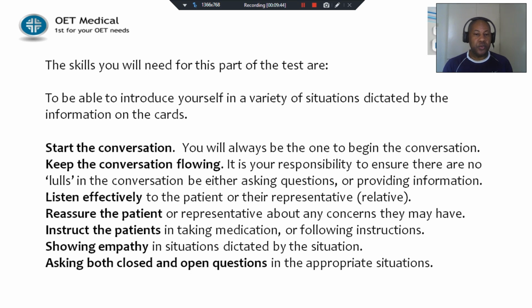You also have to start the conversation. You will always be asked to begin the conversation. You must keep the conversation flowing or going. If there is a lull in the conversation, a lull means if there are any breaks in the conversation, it's your responsibility to make sure there aren't, to keep the conversation going by either asking questions or giving the patient information. You also need to listen effectively,